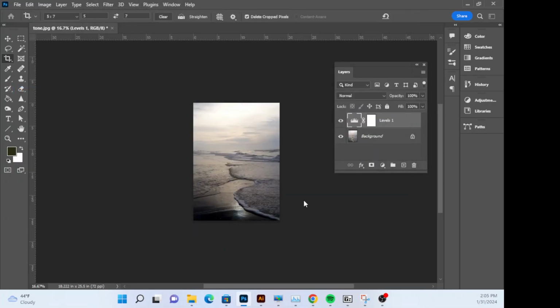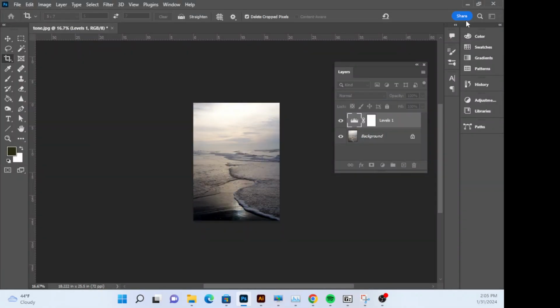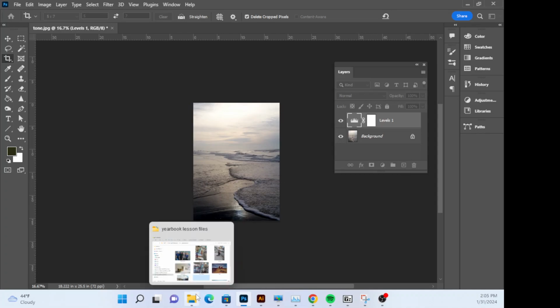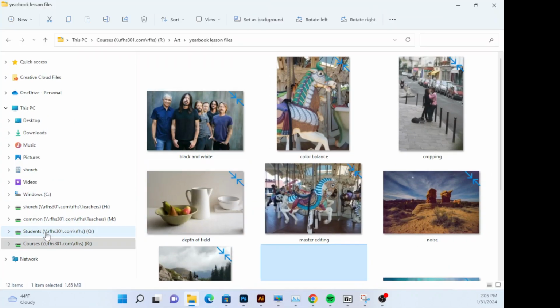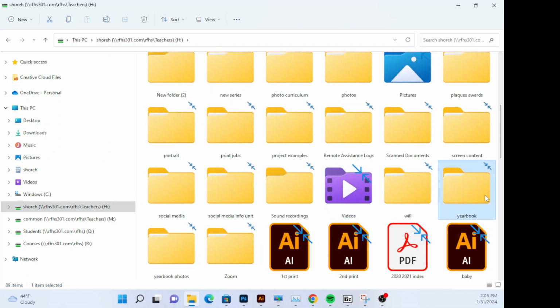Save on your computer and hit save. Now, I'm going to show you something. Notice it popped up a weird dialog box. I'm going to show this to you, but you don't have to open this up. If I go back to that edits folder,